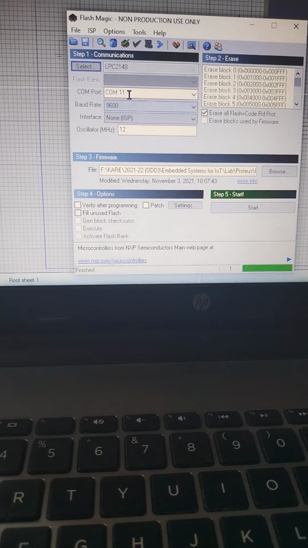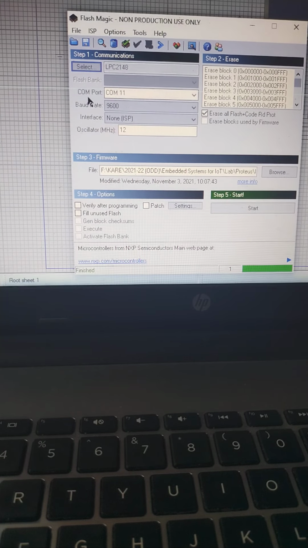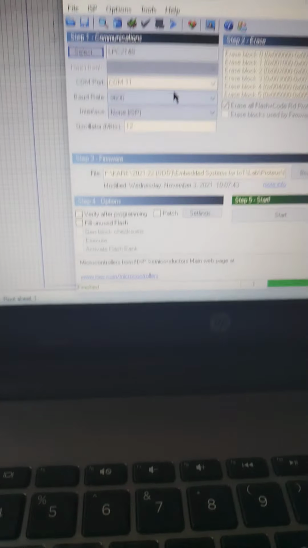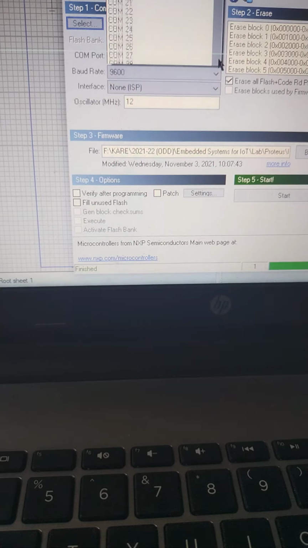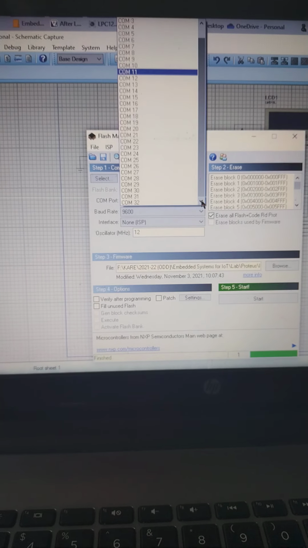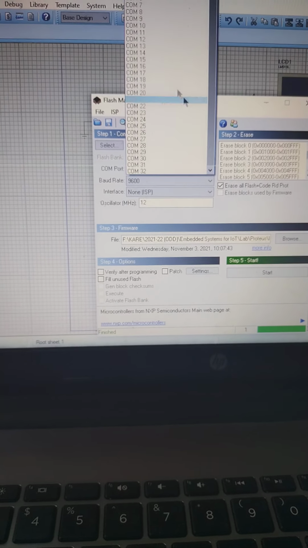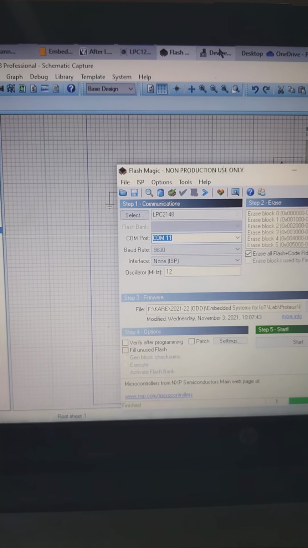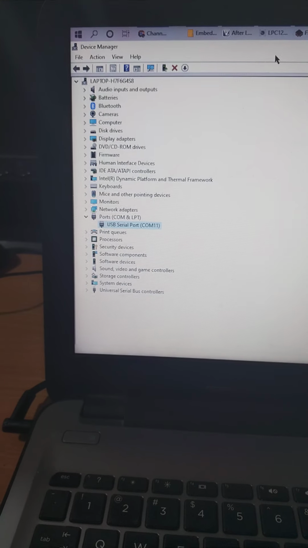And last but not the least, before you run this program, you need to make sure that your USB port, as you can see, is connected correctly and the correct number is specified over here. You will have a lot of numbers specified. You need to make sure that the corresponding number is specified correctly. How to do that is you need to go to your device manager. You go to Windows and you type device manager.